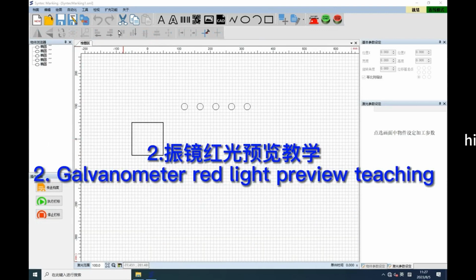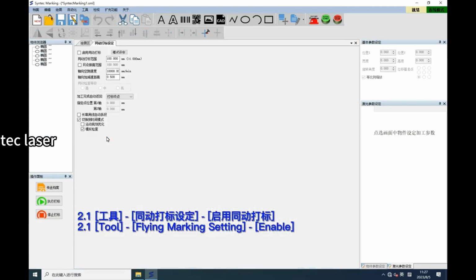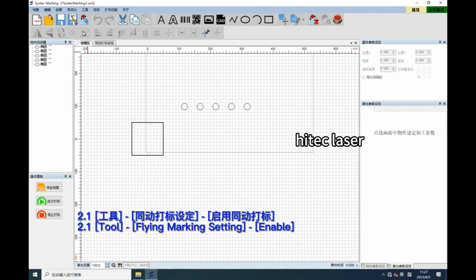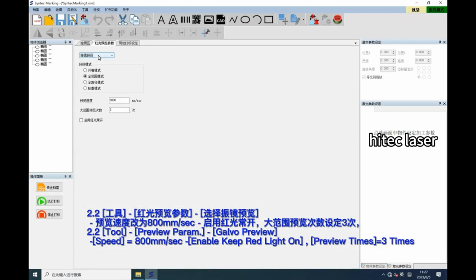2. Galvanometer red light preview teaching. 2.1 Tool flying marking setting enable. 2.2 Tool preview param, galvo preview, speed equals 800 mm per second, enable keep red light on, preview times equals